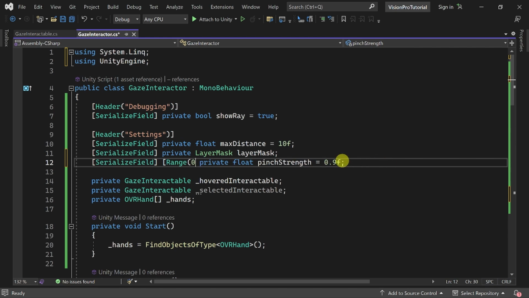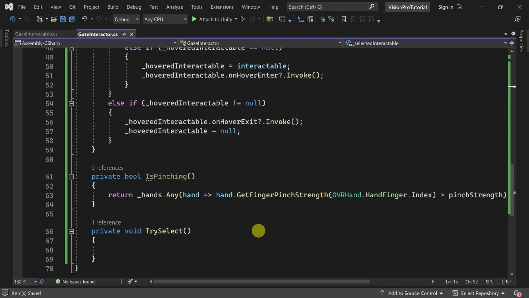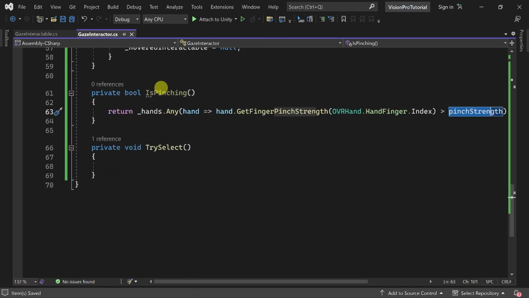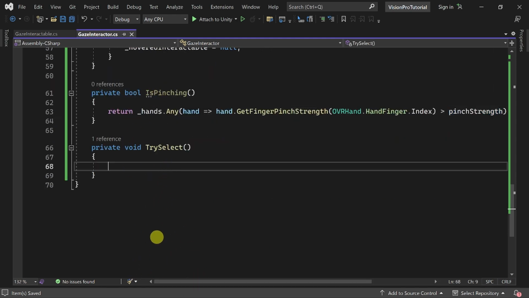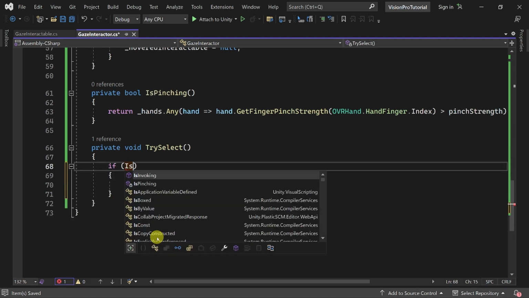Just so it doesn't get out of that range. There we go. And so now if any of the hands that have an index finger are having a value that is greater than 0.9, then we're going to consider them as pinching. And now we can use that method in our try select method. And to do that, we'll just do if we are pinching,